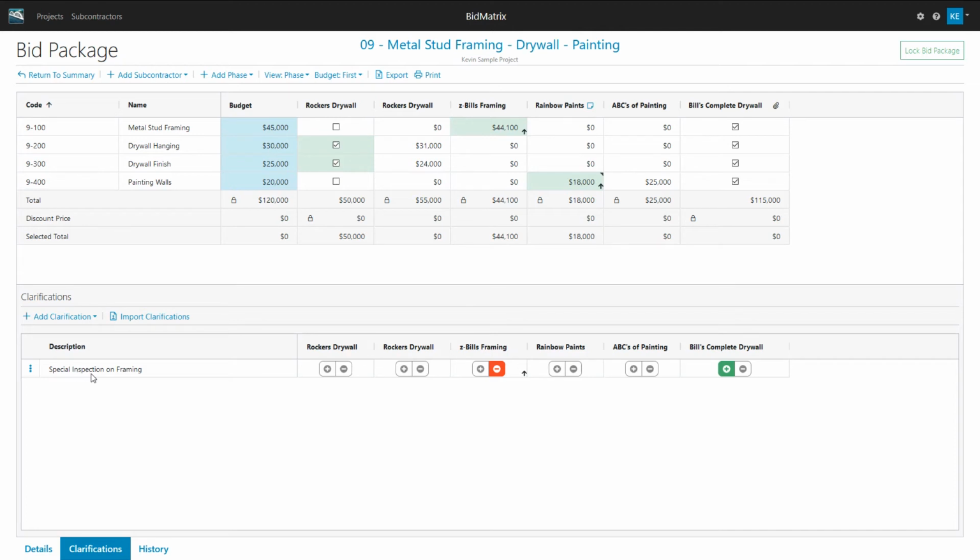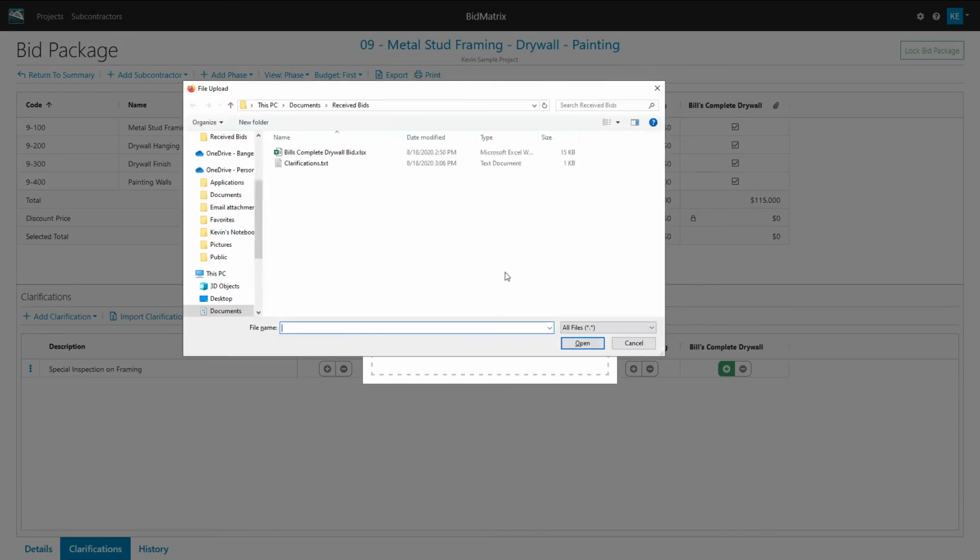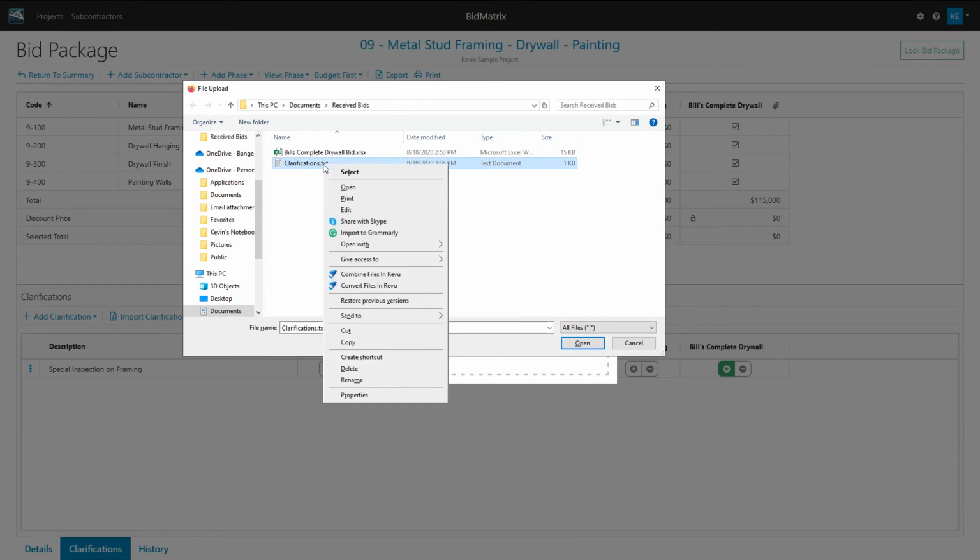These clarifications are something I think people are going to want to bring in over and over. There's probably going to be some standardized list of content that I want to check against different metrics of completeness. So import will actually let you import a file to help set this up. For example, I'm going to go to import and browse. Here's a little text file, and it can be different types of files.